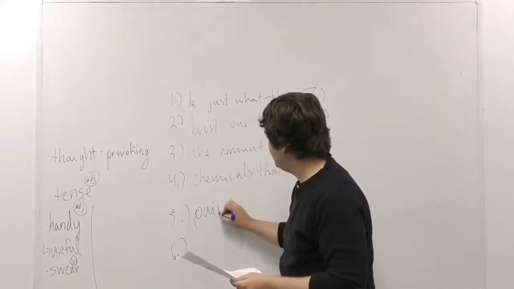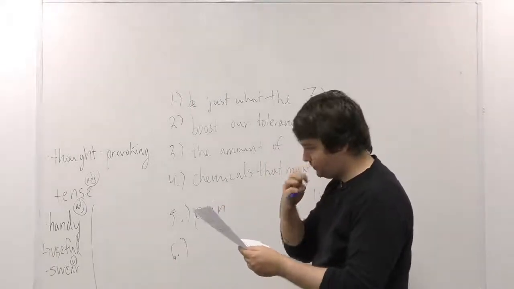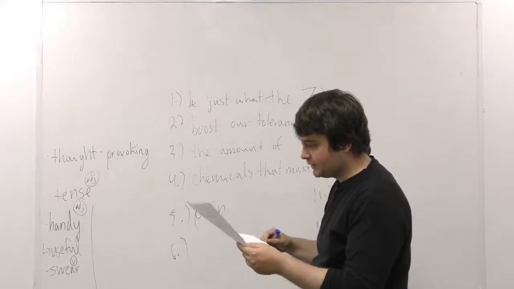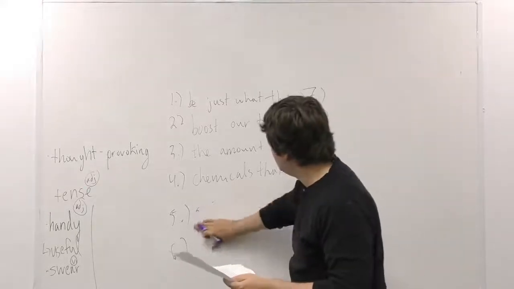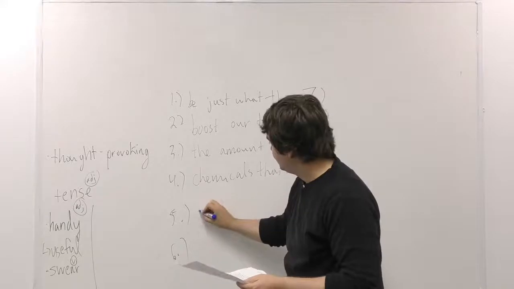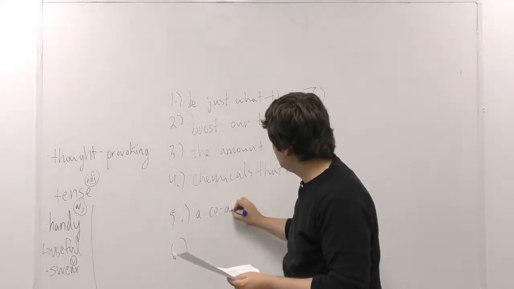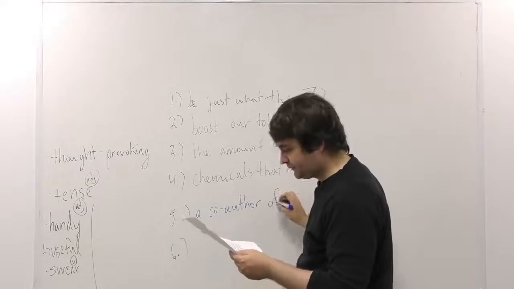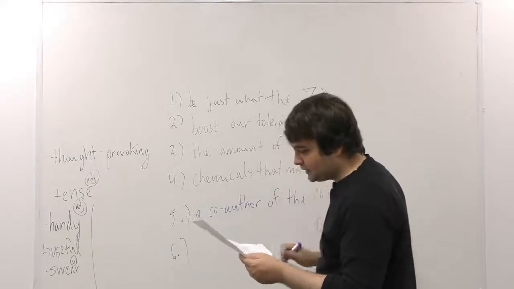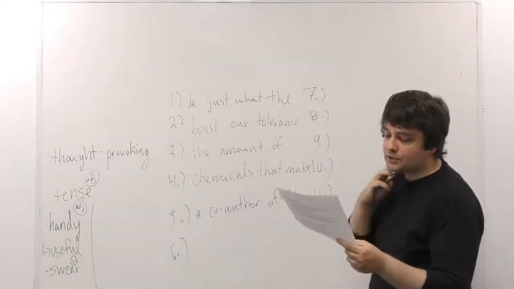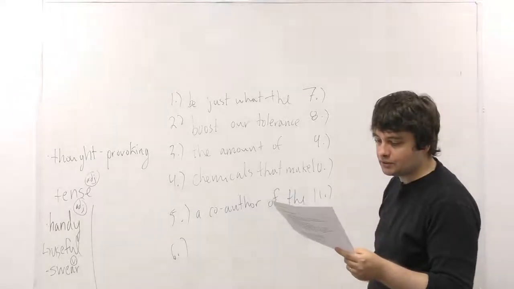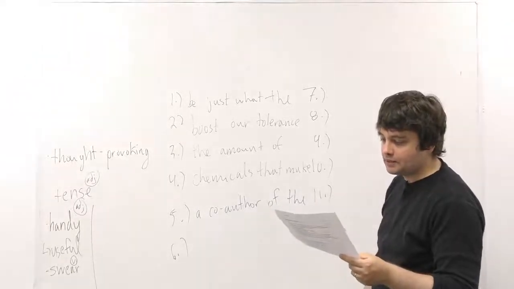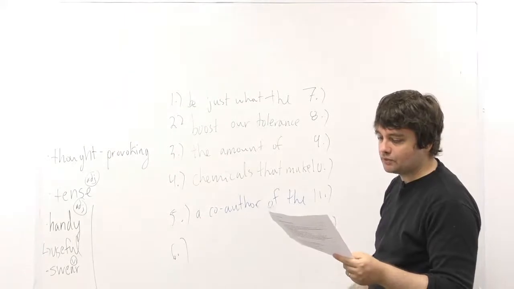Physical pain. Oh, wait. I skipped number 5. What am I doing here? Sorry, guys. Number 5 was a co-author of the study. And then number 6 was maybe the emotional distress you get from tragedy triggers the endorphin system. He added the same areas in the brain that deal with physical